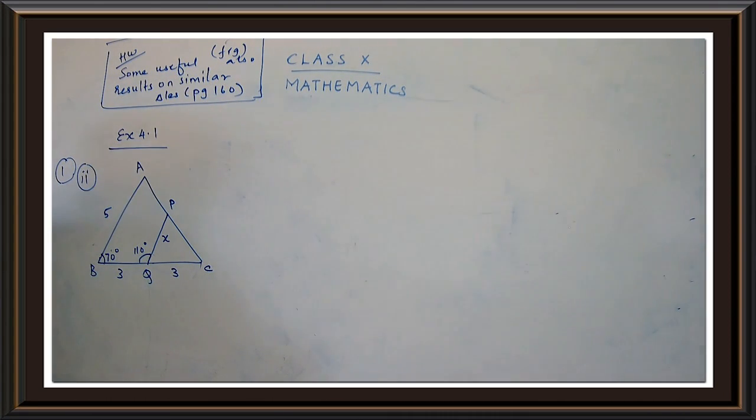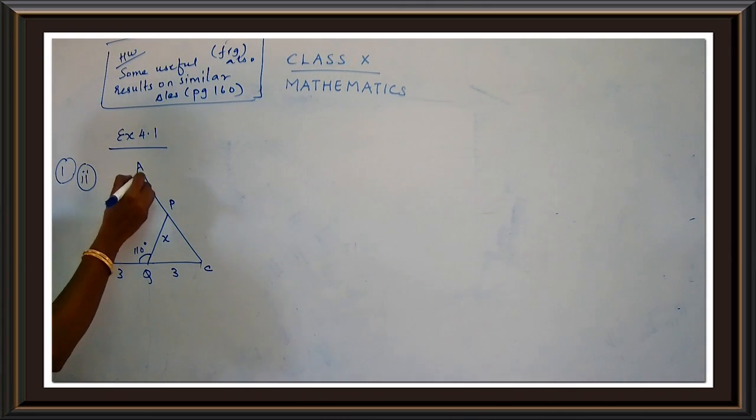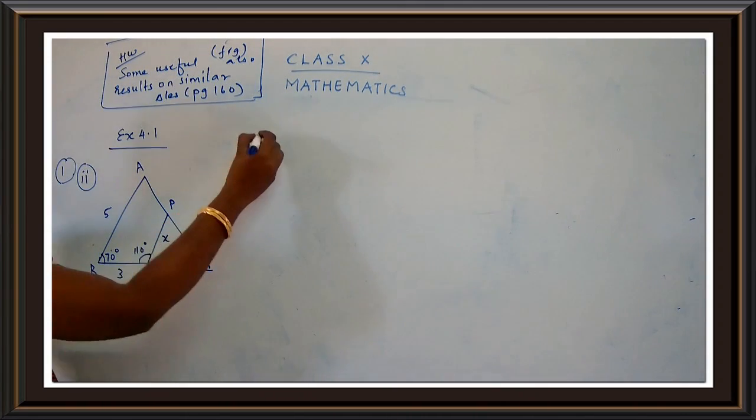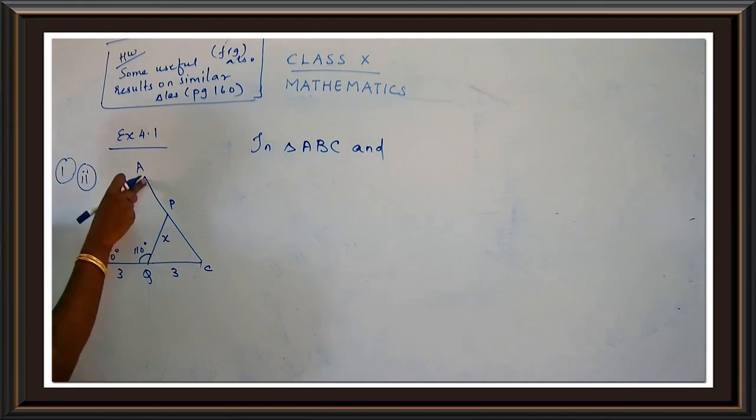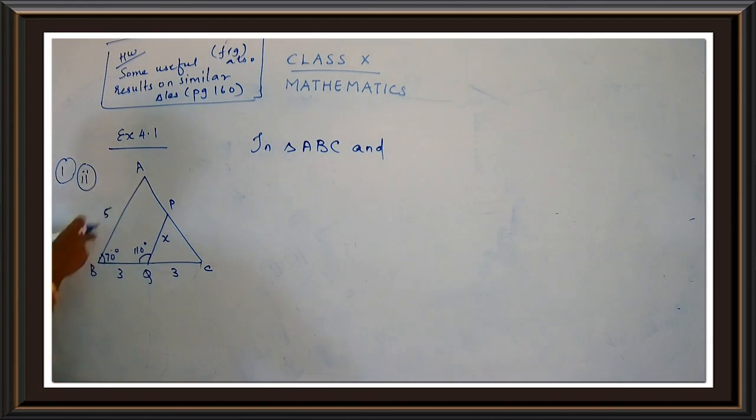So first of all, what I'm going to do is choose a triangle over here. Okay. So I have told you that whenever you choose a triangle, try to choose a smaller triangle and try to take the bigger one. So what is the bigger one here? We can take A, B, C. I'll put here in triangle. The first step is to choose a proper triangle. So in triangle A, B, C, if I am choosing ABC, I am going to follow the same direction. I have told you the direction is very, very important. If you make a mistake in choosing the triangle, everything goes wrong. So the very important thing is to choose the triangle in a proper order.